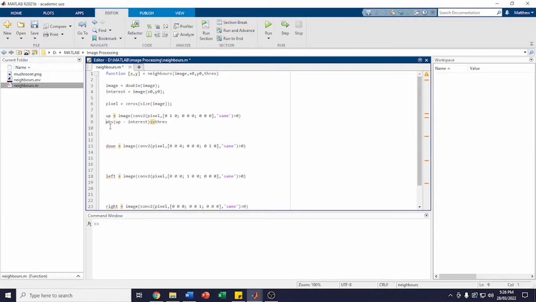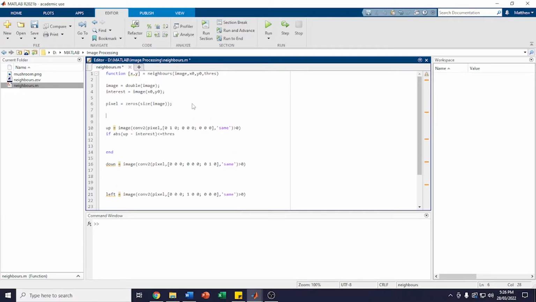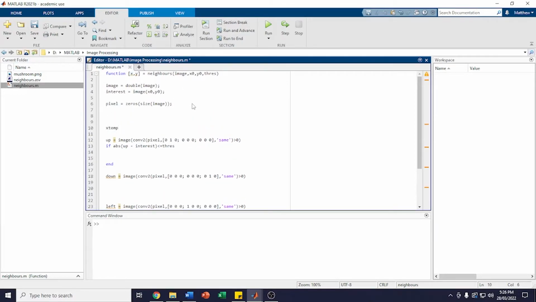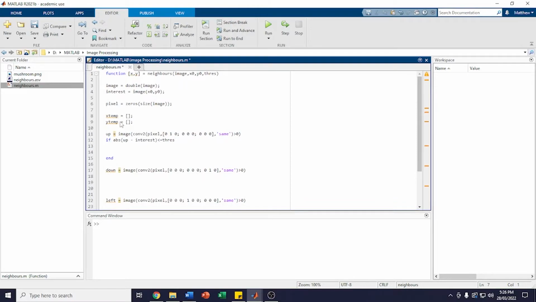And if it is, so I'll just make that if, and so if this is true, then we want to define, so I'll store these in a temporary array. Let's call them xtemp equals open array, ytemp equals open array. Actually, no, I'll just call them x and y. So, if that is true,